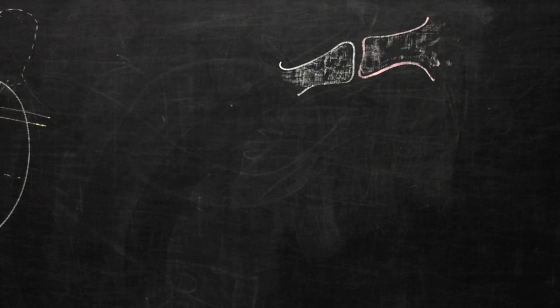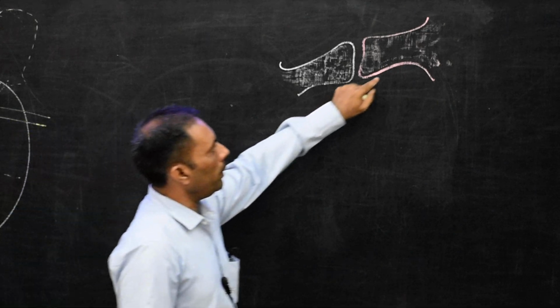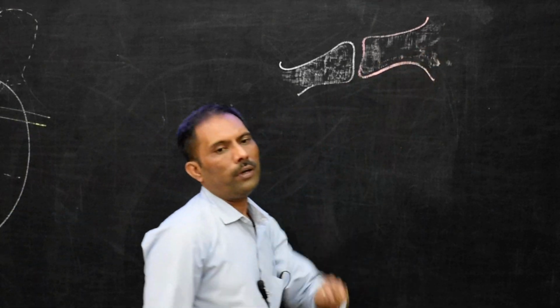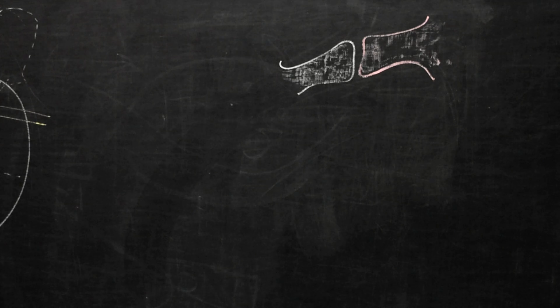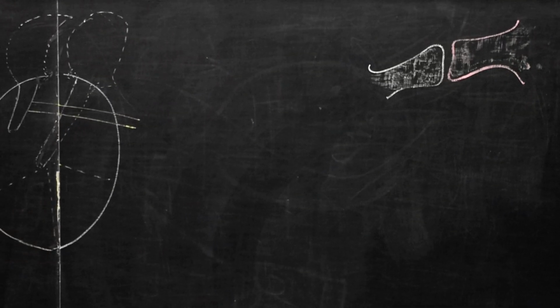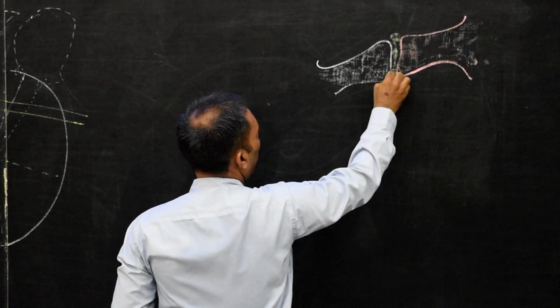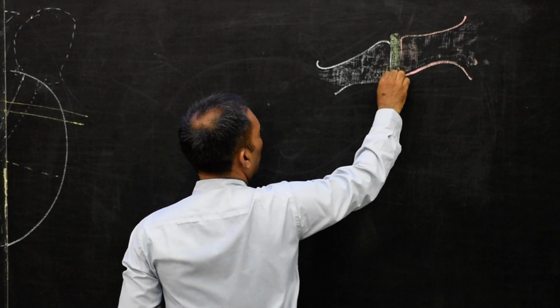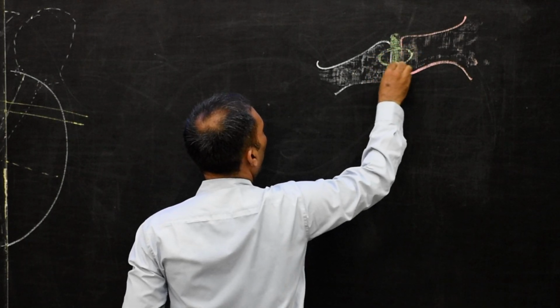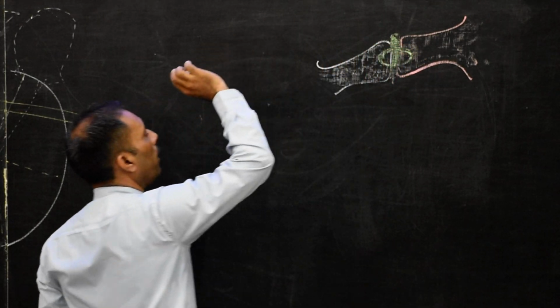The outer surface is cuticular, that means it's continuous with the skin of the external ear and external acoustic canal. The inner surface of the tympanic membrane is continuous with the endodermal lining of the middle ear. In between, this narrow part is mesodermal. In this way, the tympanic membrane is formed by all three layers.